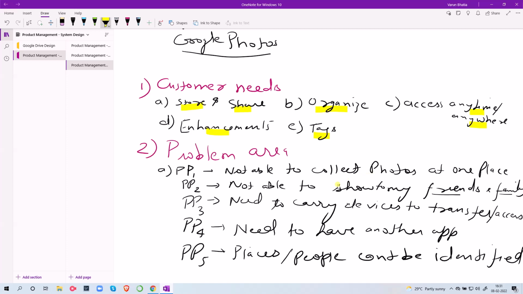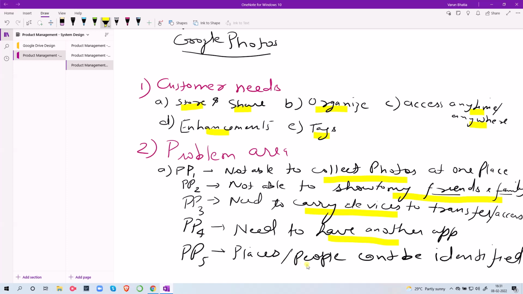So maybe the customers tell you, or the data tells you, that there is no collection of photos at one place. There's no way to show my friends and family the photos that I have at their own convenient time, right? Your customers tell you that they have to carry devices to transfer and access, right? And then they need to have a separate app to do the enhancements on the photos,